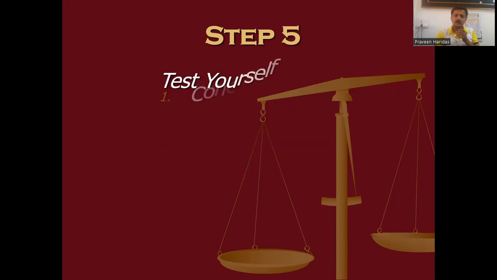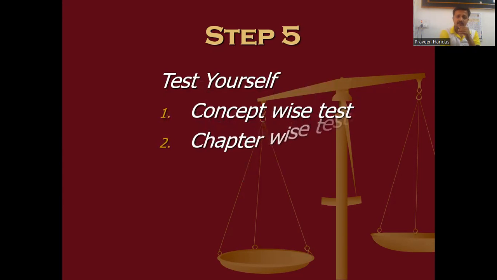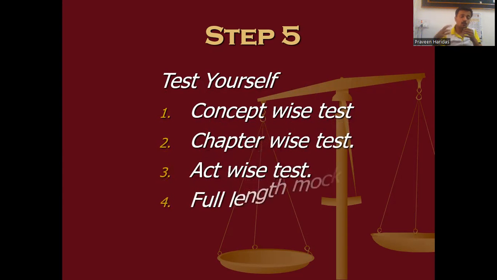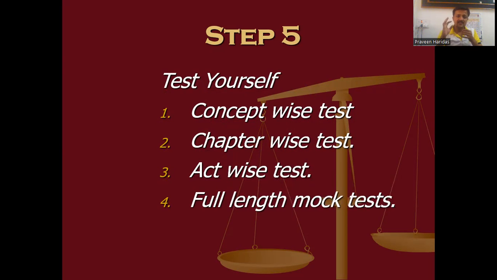Next. Once you are done with all these things, in order to understand whether you are done with it or not, test yourself. The test should be a concept-wise test. For example, there comes lifting of the corporate veil, right? Then doctrine of indoor management. These are the concepts. When you come to the Sale of Goods Act, there is the concept of caveat emptor. When it comes to the Contract Act, you have capacity of parties, consideration. You can have a concept-wise test, or you can have a chapter-wise test,